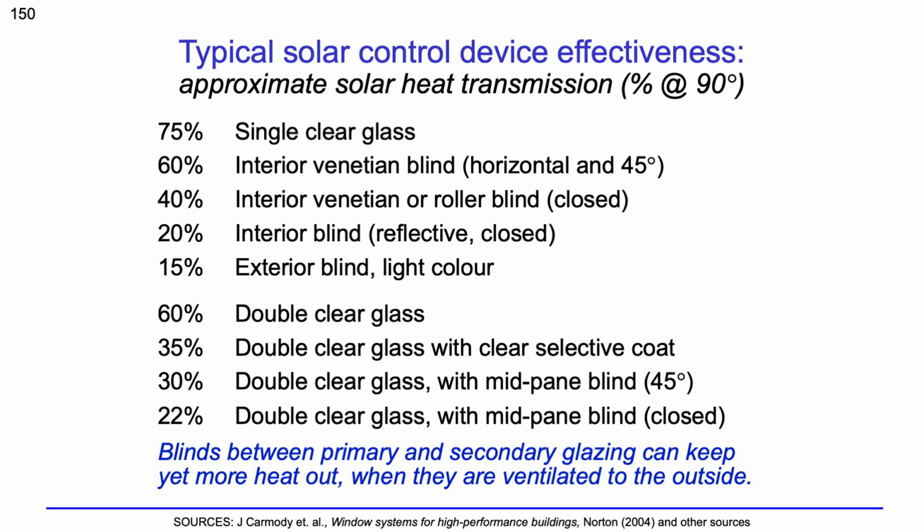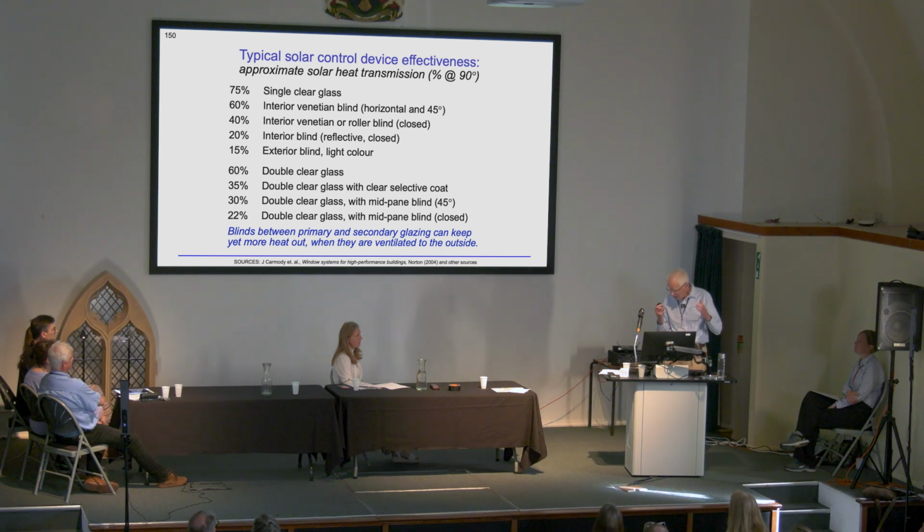And if you have primary and secondary glazing, the blind between the inner and the outer can be really, really useful, because you can decide whether you want the heat on that blind to come into your room or go out of your room. So there are ways of getting better performance from secondary glazing and mid-pane blinds than you might get from a total replacement. You get these sealed units now with a blind up the middle,